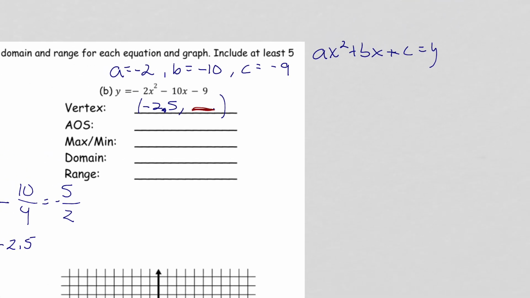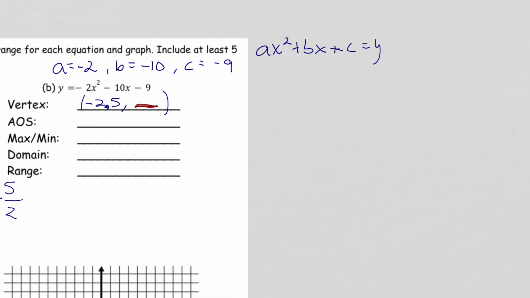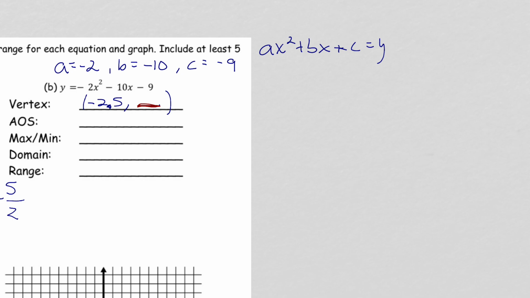All right, I'm going to zoom over here a little bit. So I get f of -2.5 is equal to -2 times parentheses squared. My -2.5 goes here. And then I get -10 times -2.5, and then -9. So I'm going to show out some of the work for this. I'm not going to show it out for all the ones that we're going to do later. But what do we get? We get -2,